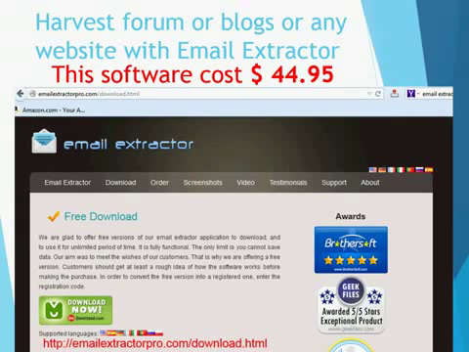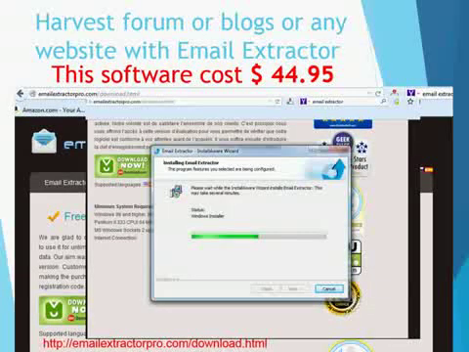With this, you can ask it to scan as many websites as you want, and it will scan the website and also do the request on the WHOIS. So it will collect all the emails on the website and in the WHOIS. It's just software to download and execute. It will do the same thing. It's $44 US. If you don't want to play the technician, you don't want to code the PHP things, it will do it for you. I recommend PHP, for me, I recommend PHP. But if you really don't want to touch the technical side, it will do everything for you. So you just need to download and